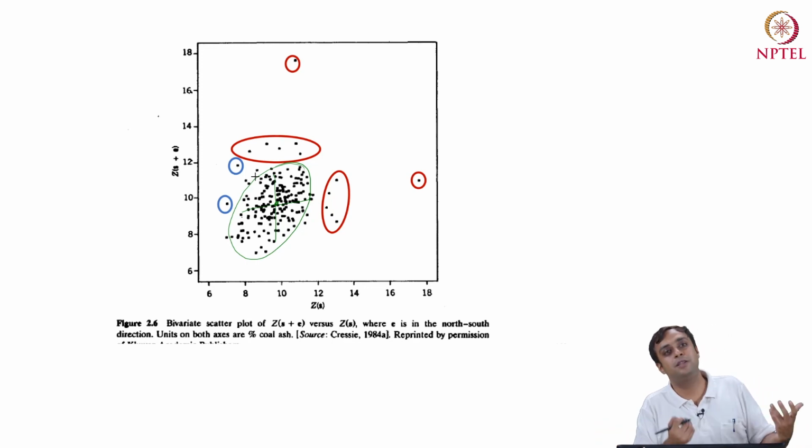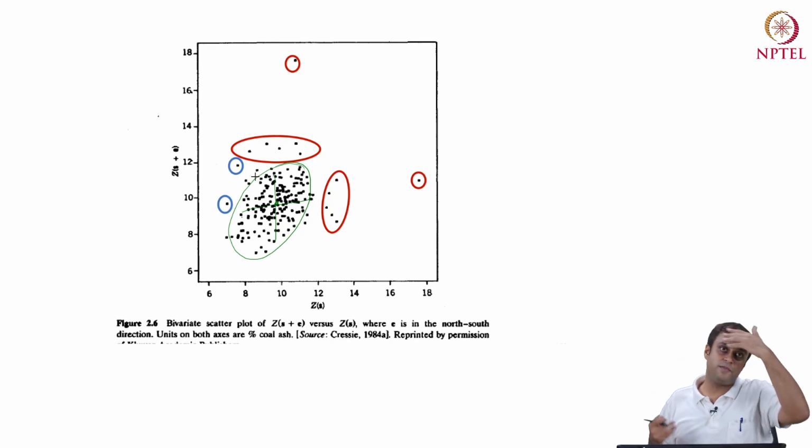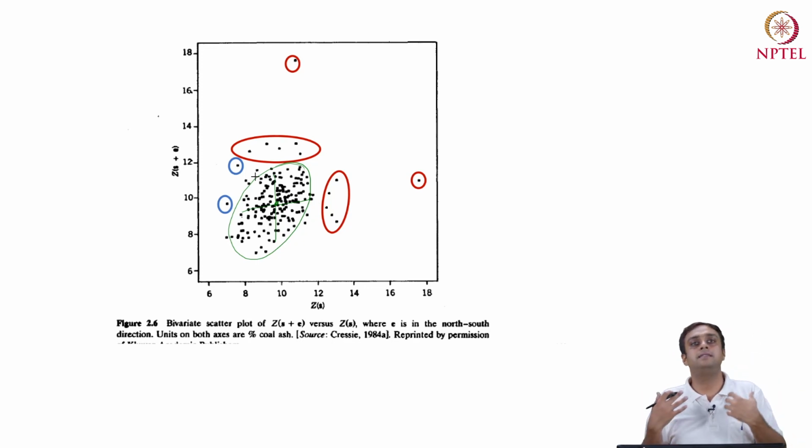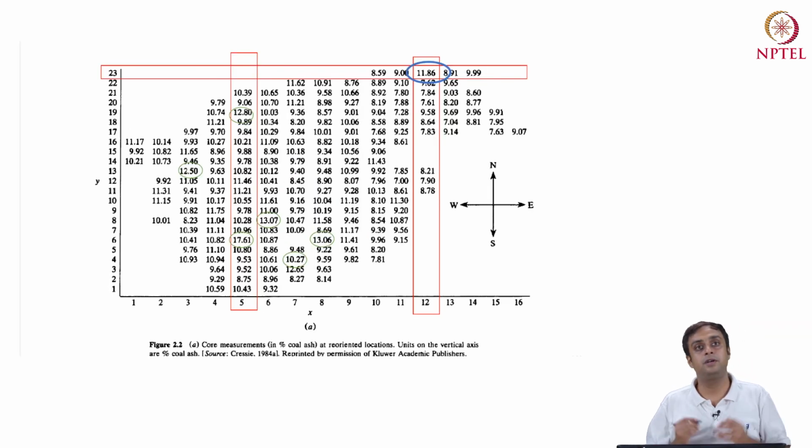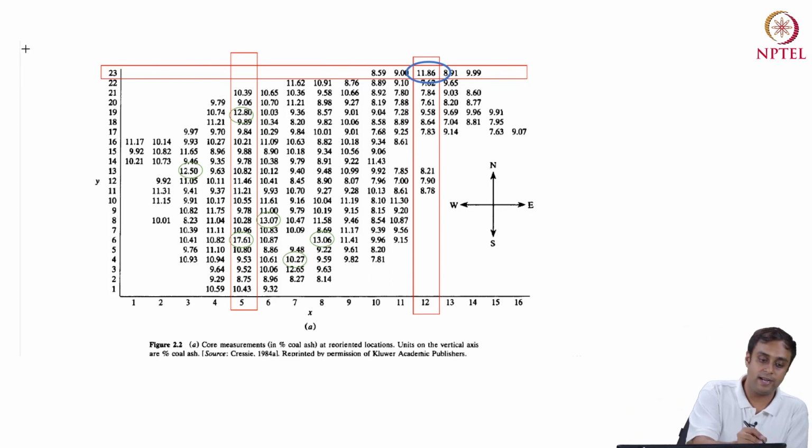So this is the third methodology to look at scatter plots between Z at location S and Z at location S plus E, and these scatter plots provide us a signal of whether or not we should be worried about outlier values. Okay, so we have seen three different methods of detecting outliers, right? So I'm going to call them three devices to detect outlier